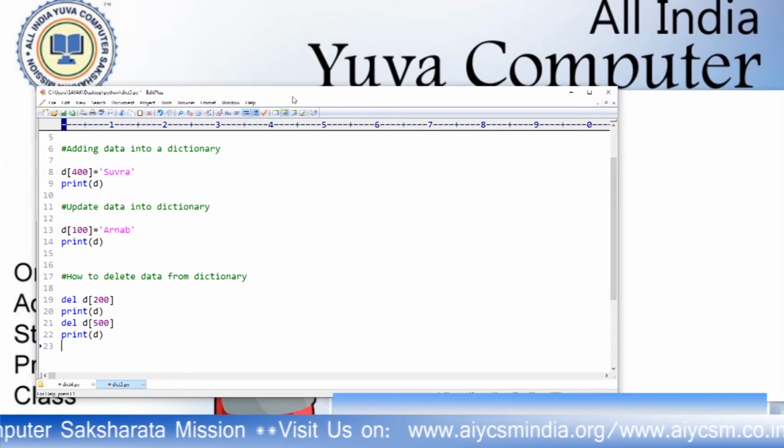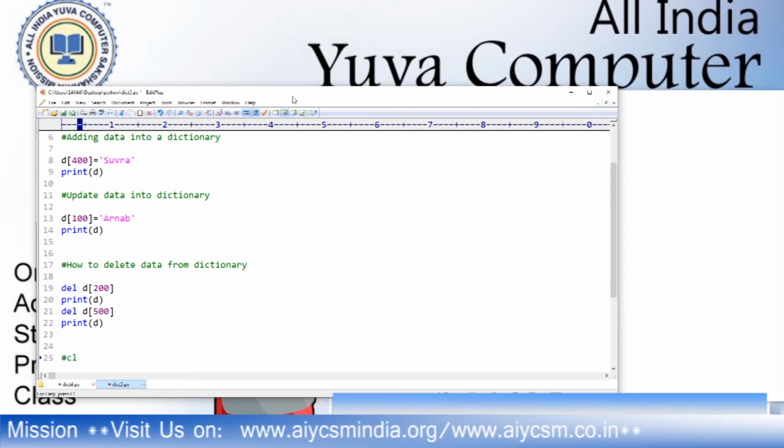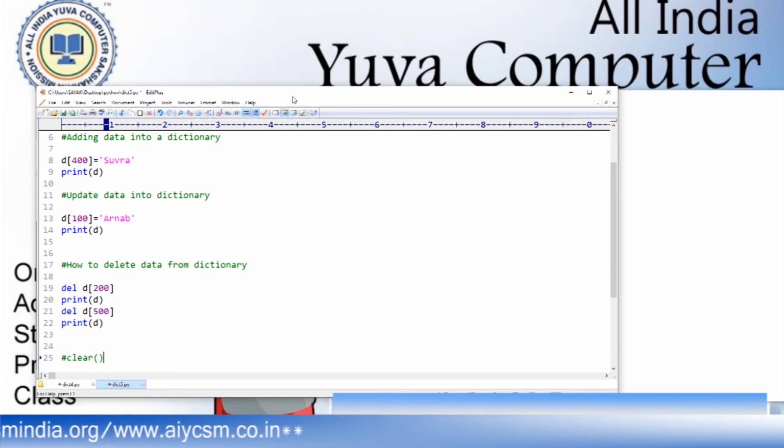empty dictionary. But there is another function which is known as clear, which will clear all the values from the dictionary. It will show that all the values are deleted.